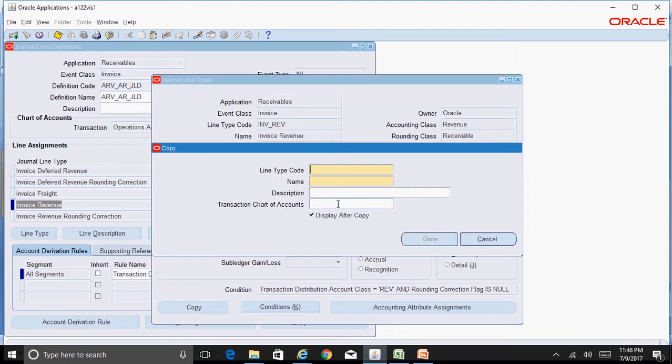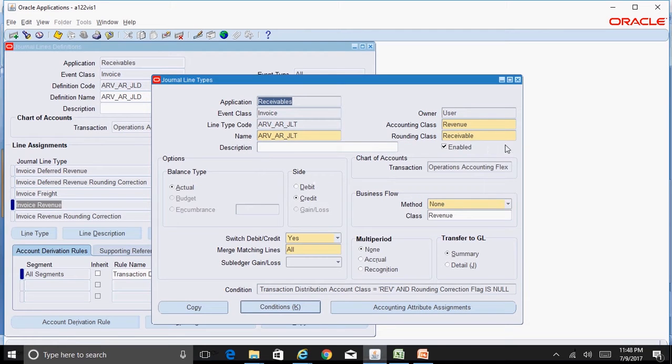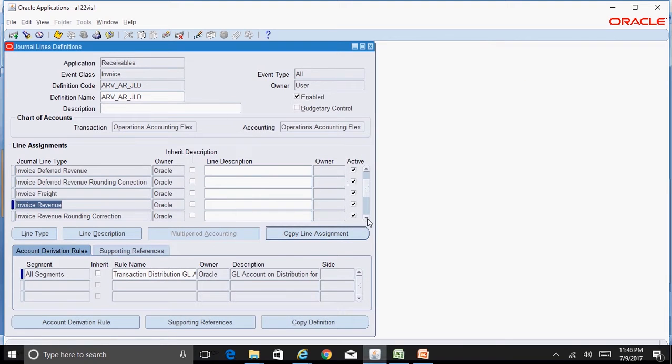You can give the name as ARV_AR_JLT, and the transaction chart of accounts is Operations Accounting Flex. Click on Done and save this. So this is your journal line type. Now you need to disable the standard journal line type and assign your journal line type, which is ARV_AR_JLT.